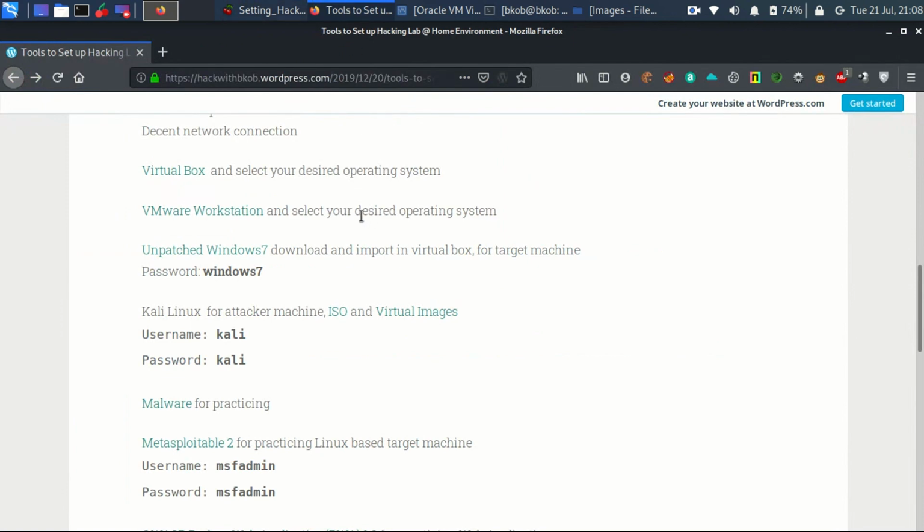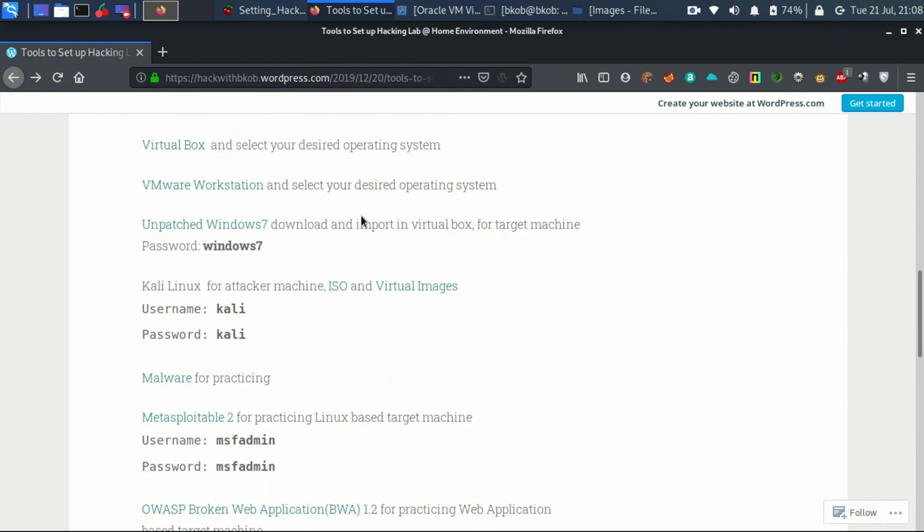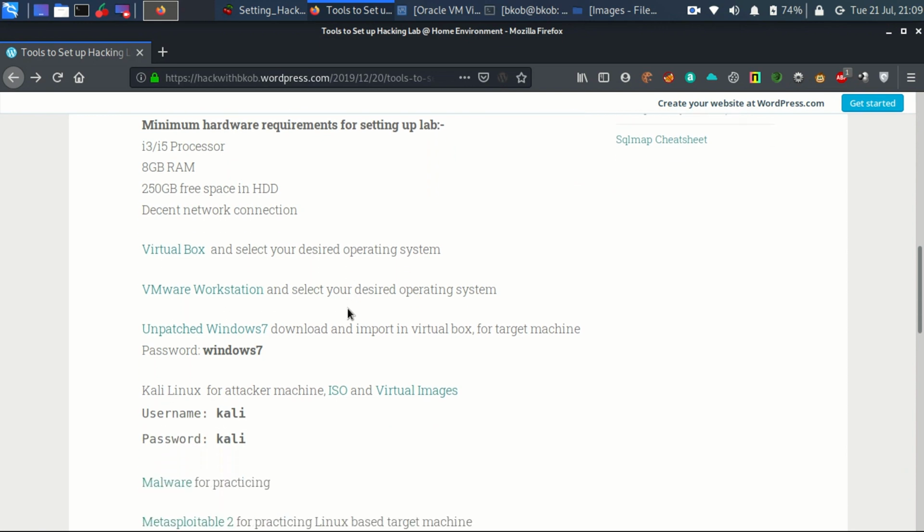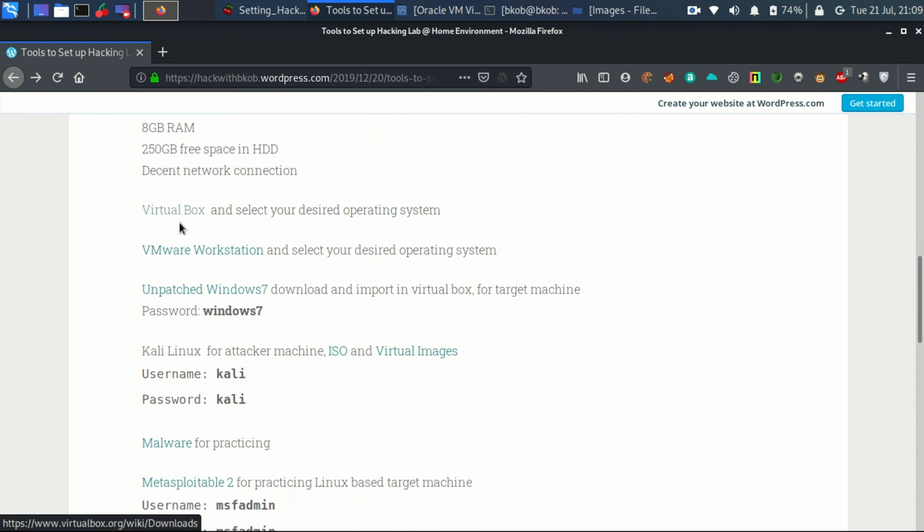Now you could find all these required tools on the following website. I would be giving this link in the description below, and you can download all the required tools from this particular website. Obviously, don't worry, they do not contain any malware. I'm just redirecting everything to their official websites. I've just created this page so that you have one point of contact for downloading all the required tools. Now you can download your VirtualBox or VMware directly from their official website.